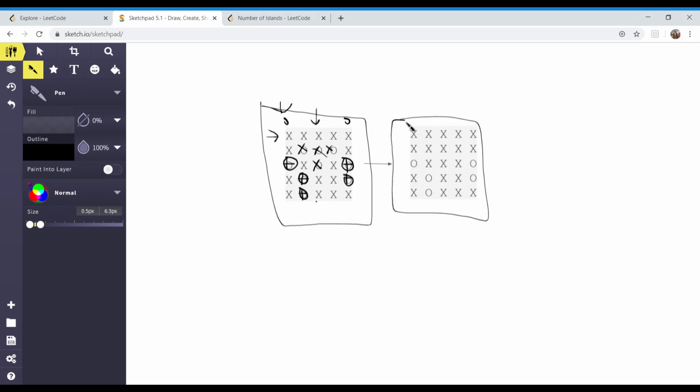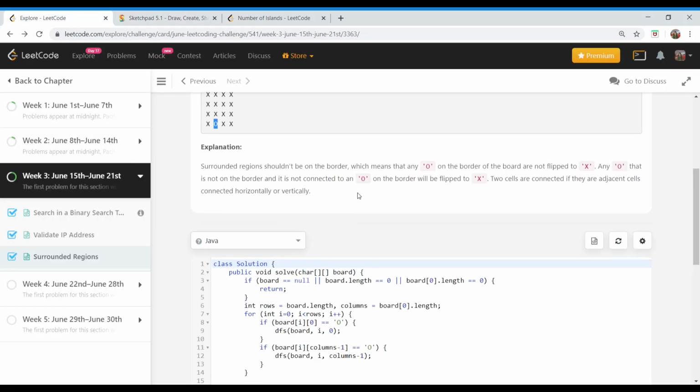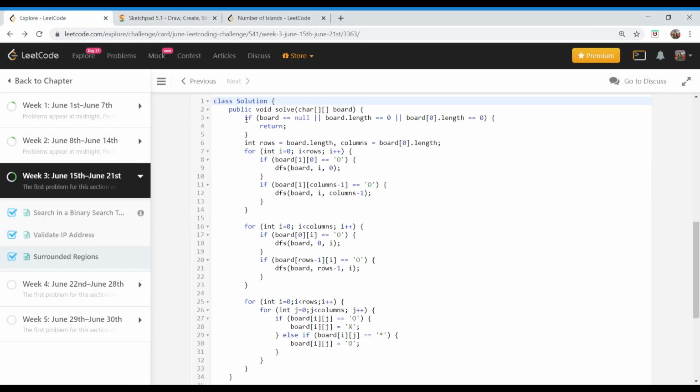So this is pretty much it, but how are we going to solve this problem? As discussed, first of all, this is basic: in any interview problem, or if you're trying to solve any competitive programming question, the first thing is to check for valid input. So here we are ensuring that our board is not null or that our board has elements.